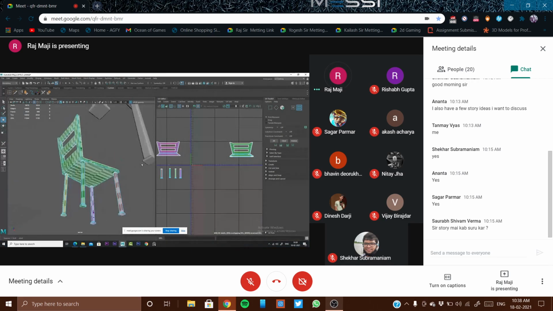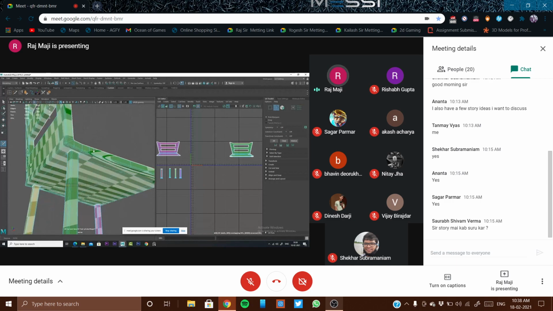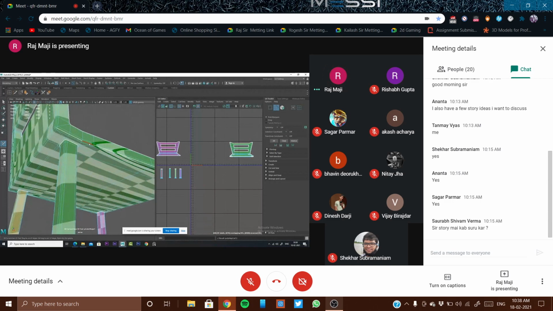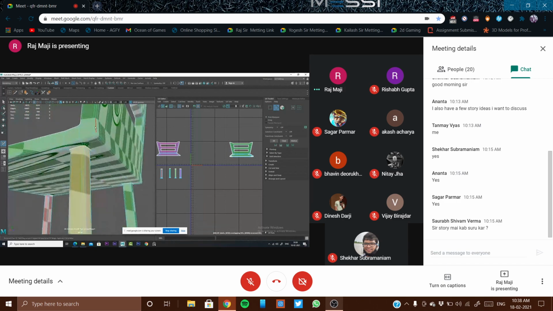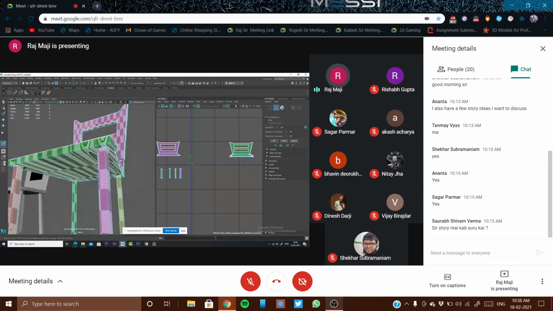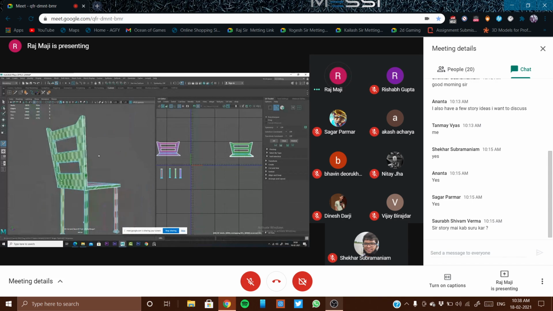So similarly, components, edge. I'm selecting the middle one of the bevel, right? You can see.